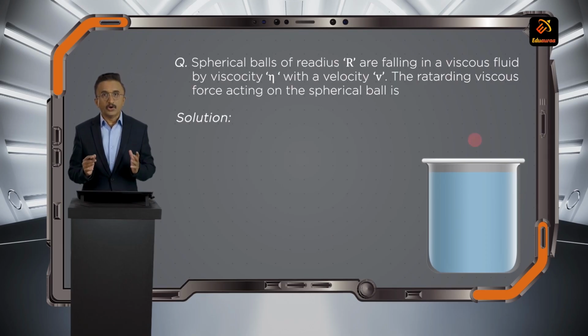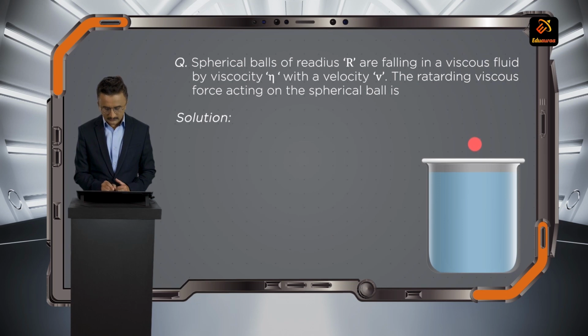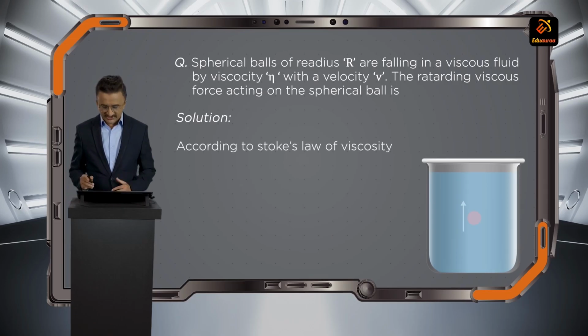Whenever we have a body or sphere dropped into the liquid, after some time the total force acting on the body becomes what? Zero. It is moving with a constant velocity, that is called as what? Terminal velocity. And it is because of one force, that is called as what? Viscous force. And according to Stokes law of viscosity, the viscous force acting on the body is given by